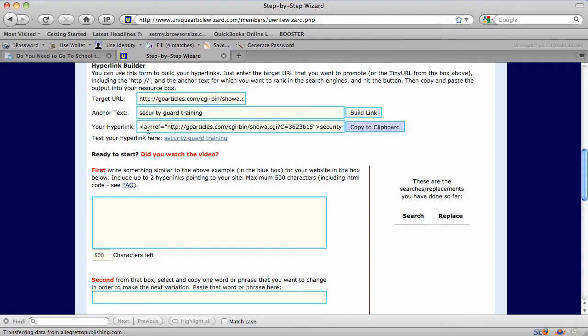There's a hyperlink builder here. You can do it manually, obviously, if you want to. And I'm going to create a resource page. So I'm just going to say, if you'd like to learn more about, and I'm going to paste that, which I copied to clipboard here, and this will put security guard training as my anchor text for my target URL, which is my Go Articles article. If you'd like to learn more about security guard training